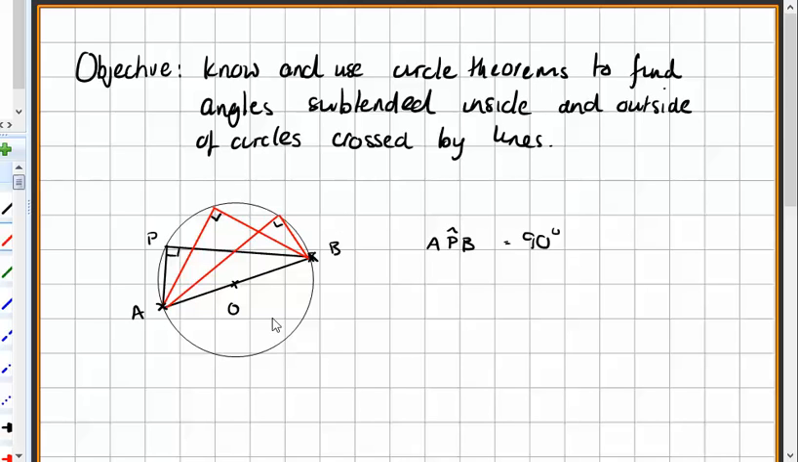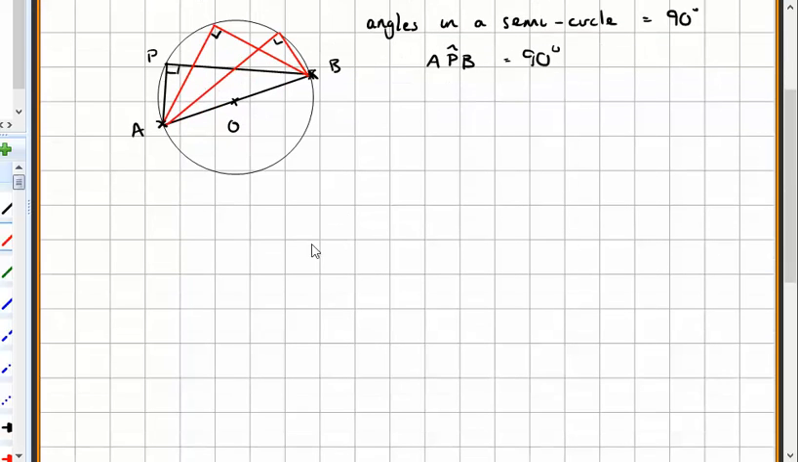Right, and it's the same the other side as well, because the rule is angles in a semicircle equals 90 degrees. So of course the other side is equally a semicircle, therefore the angle subtended is also 90 degrees. So just to add to this one,